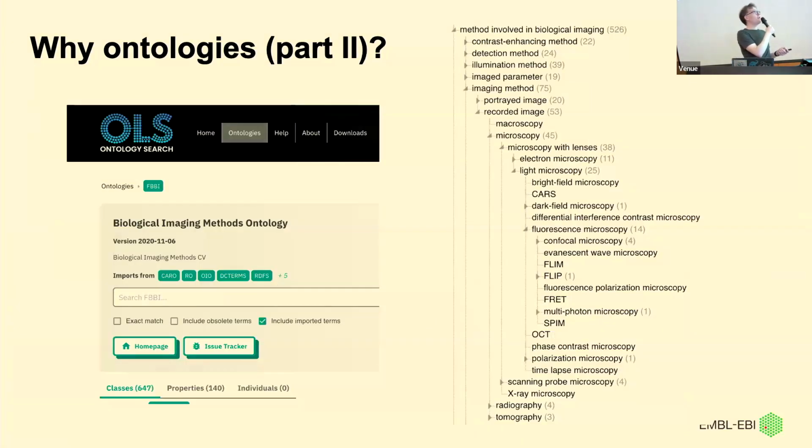And that's where one of the other properties of ontologies comes in, is that they have relationships. So in this case, lots of information here, but we're looking at a biological methods, a bioimaging methods ontology. And this has a kind of tree structure. And down here, what we're seeing is that there are different forms of light microscopy. And so we can look at, for example, describing SPIM, so light sheet, as being one type of fluorescence microscopy, which is one type of light microscopy.